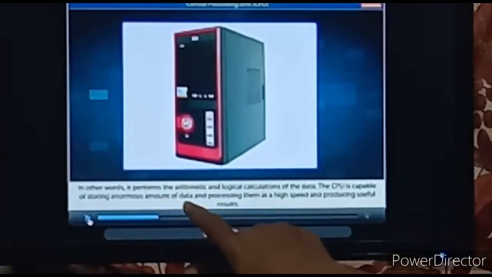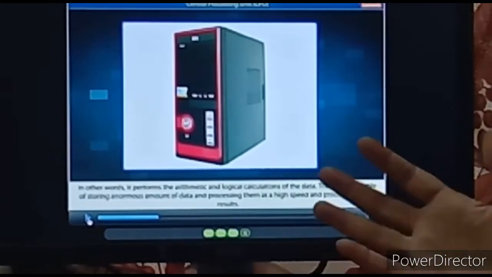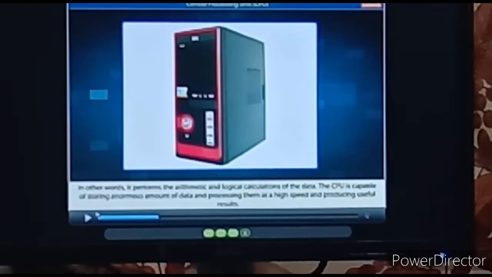It performs the arithmetic and logical calculations, and it is used to store larger amounts of data, and that data can be processed at higher speed, producing good results. See here the CPU.